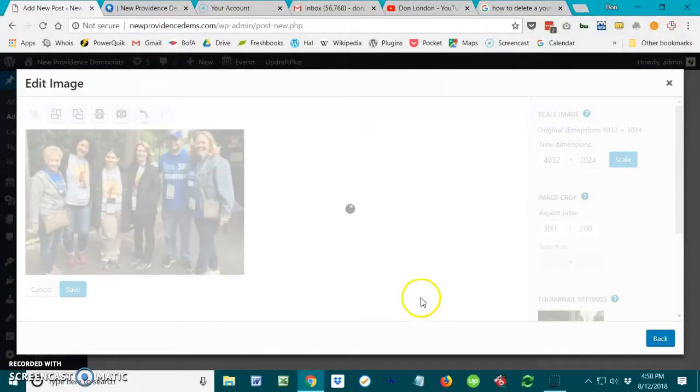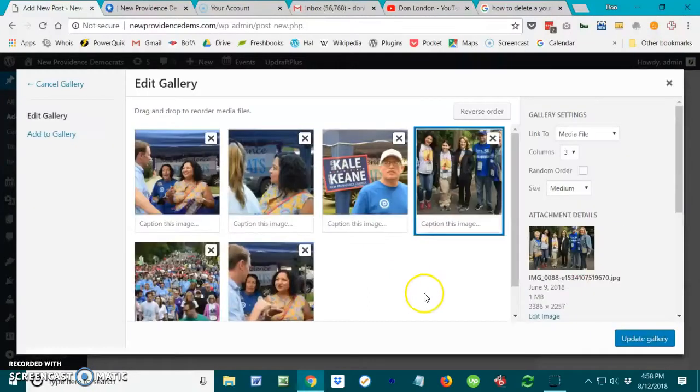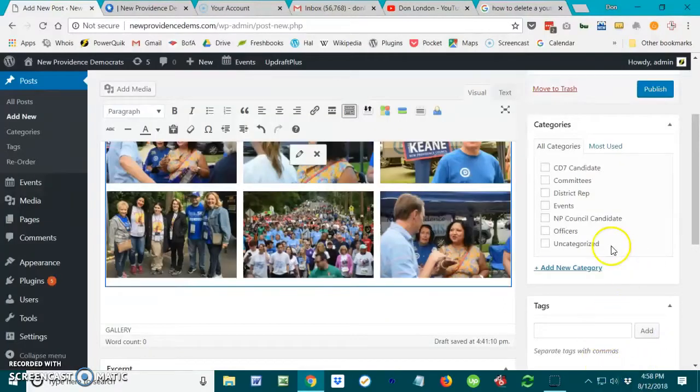Okay, that takes also a little while. Kind of slow connection today. And we will therefore update our gallery. You can already see that it fits better. So when we publish it,